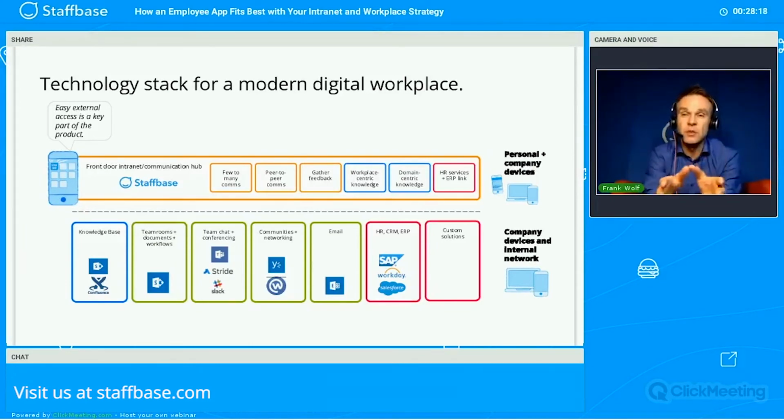You have the communities and networking part, which is Yammer and Workplace by Facebook. Email, still, of course, a huge topic here, right? But what you see here, it's really best of breed, ready-made individual solutions for specific use cases